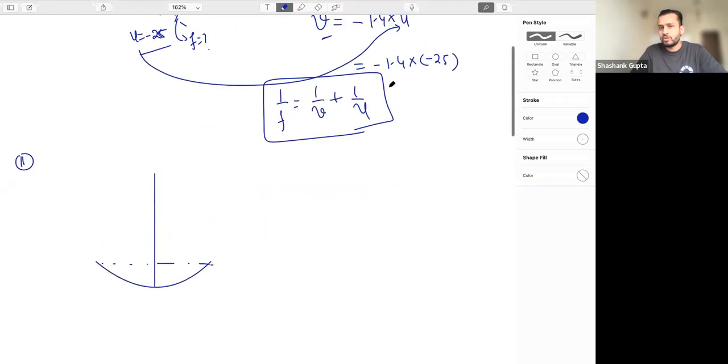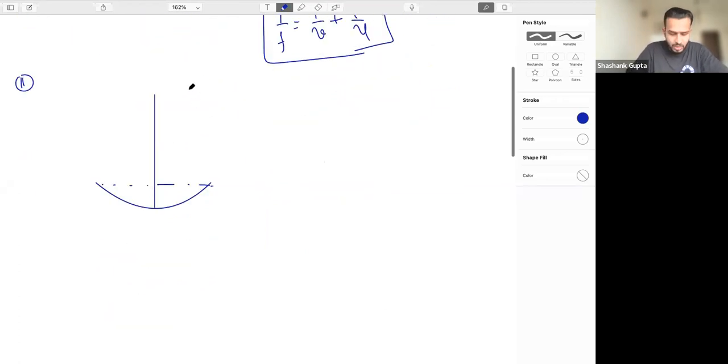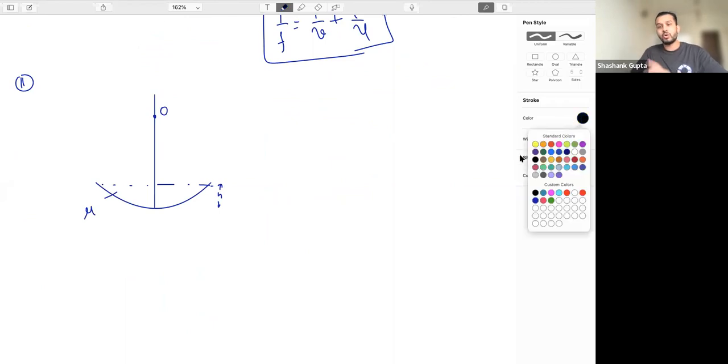Okay, you put down the value, the answer should not be different, it should be the same. There is nothing else in this problem. Okay, so solve it and check where the calculation mistake is. This is mu is given, where should the object be placed so that the image, last time I told you the different conditions when the object and image is formed at itself. This is the only one condition.